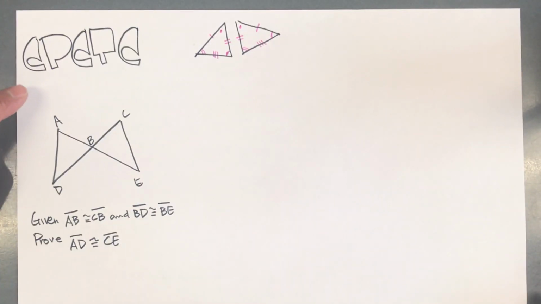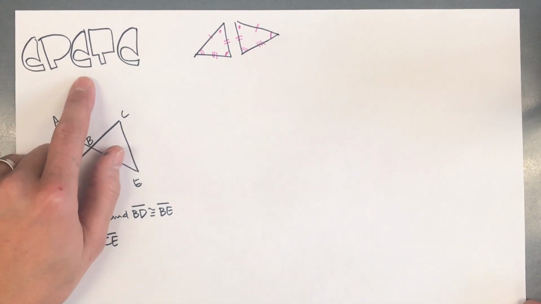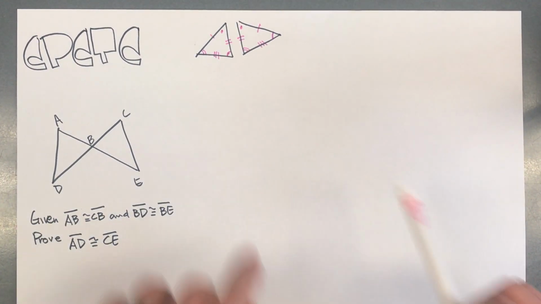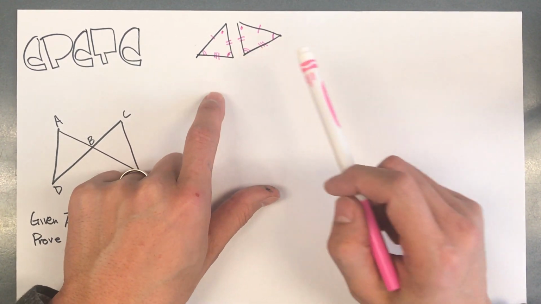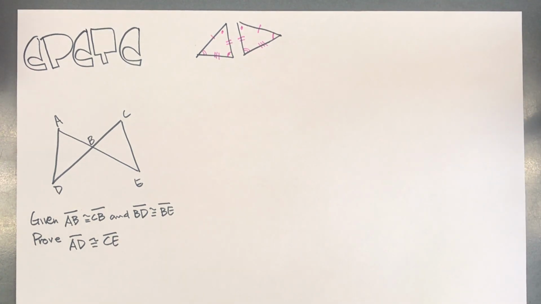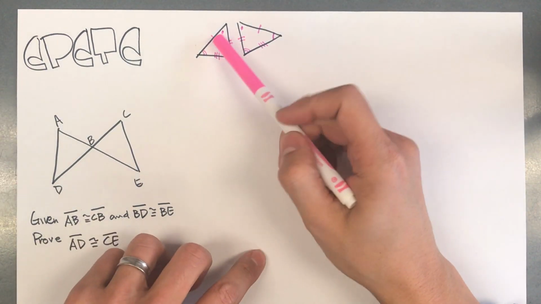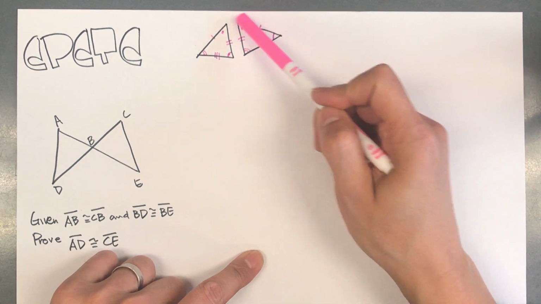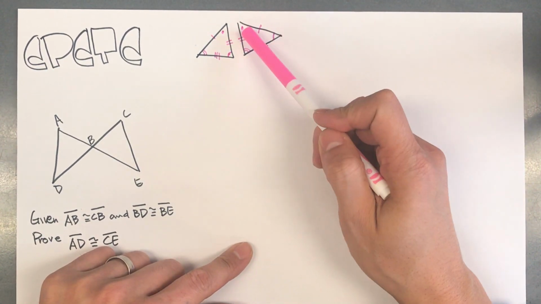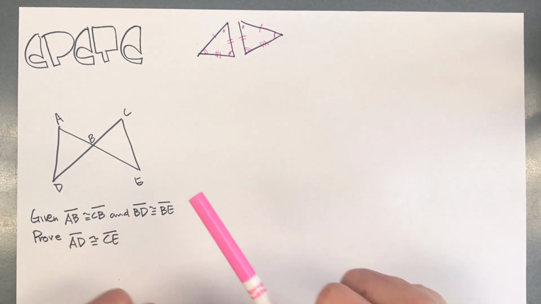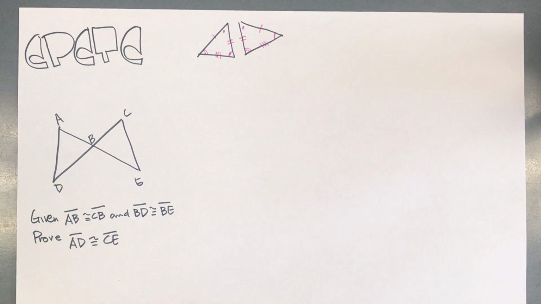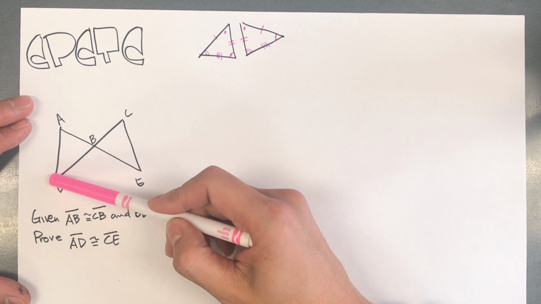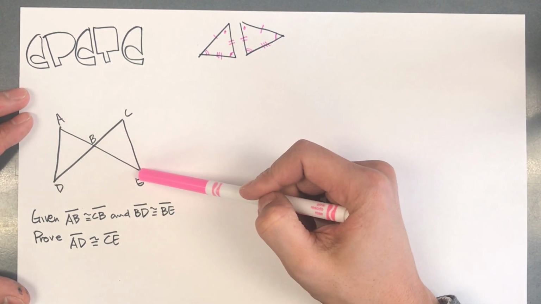CPCTC is the abbreviation of corresponding parts of congruent triangles are congruent. That means if we know two triangles are congruent, then corresponding parts have to be congruent because that's the same triangle. That's pretty obvious. For example, if this side is 3 inches, this has to be 3 inches because they are the same triangle. If this is 50 degrees, then this has to be 50 degrees because it's corresponding parts of congruent triangles. So let's use that idea to prove that segment AD right here is congruent to segment CE